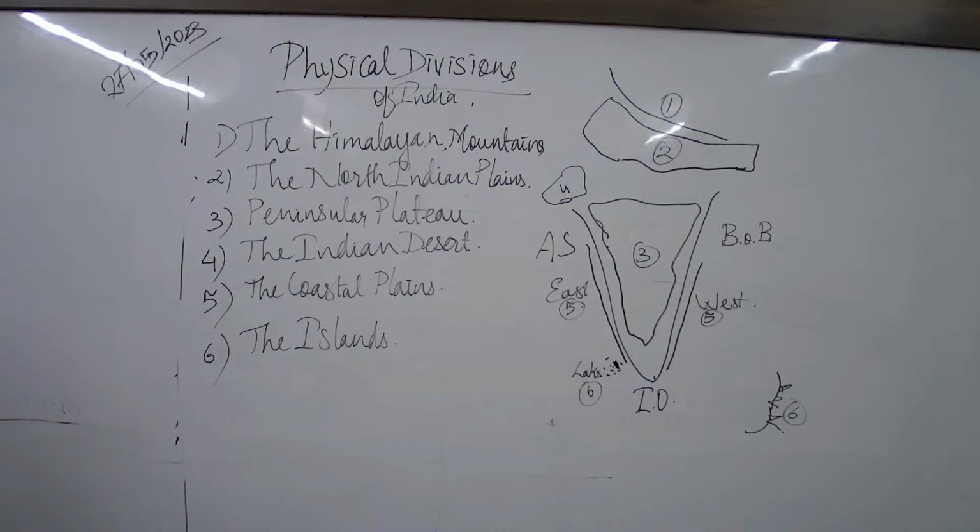Then we have the fourth division, the Indian desert, normally the Rajasthan desert, which has its own unique lifestyle, unique character, unique agriculture. I was asking if deserts are a good thing, because that is part and parcel of India. Why is it a bad thing? Every part has its own environment. Next, we have coastal plains: the east coastal plain and the west coastal plain. And then we have two islands, Lakshadweep and Andaman. But I will tell you each and every detail. Let you understand this video first.